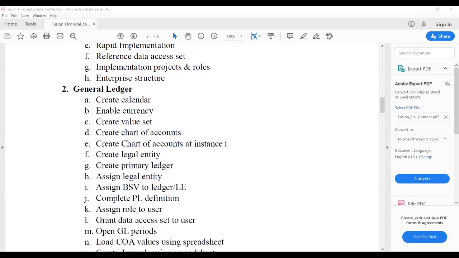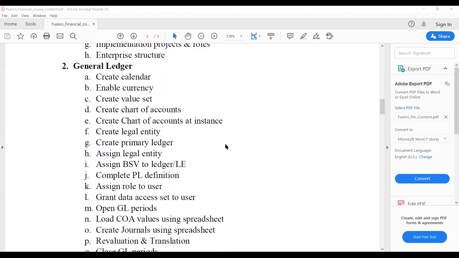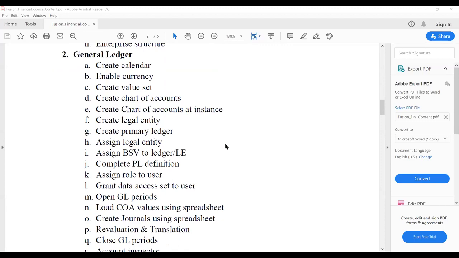Okay. And from the next class, we will start by modules. So we will see how we create a calendar. In R12, if you wanted to create a calendar, you would define a calendar and use the data loader to load it. But here in the Fusion application, it is all simplified, which we will see once we get into the application. Then enabling currency and how to create a value set,